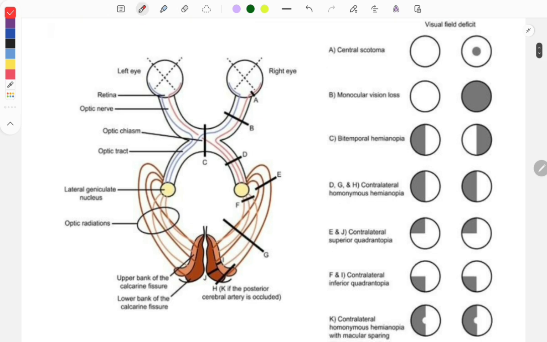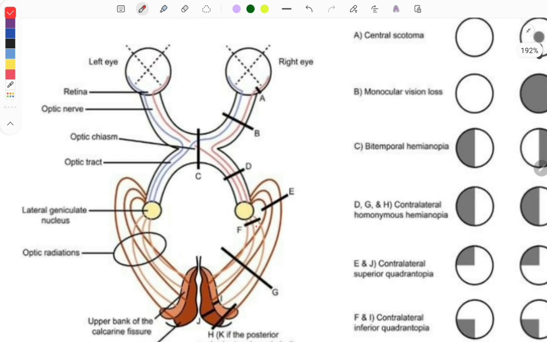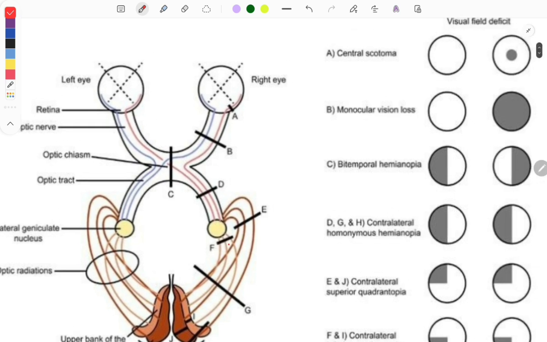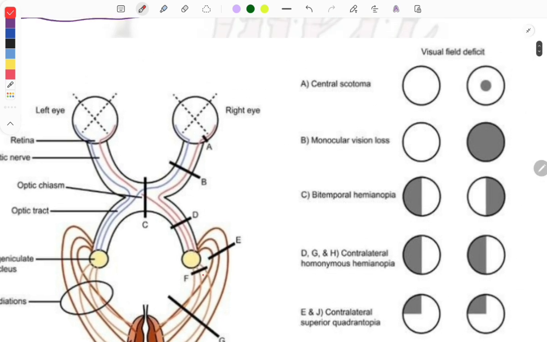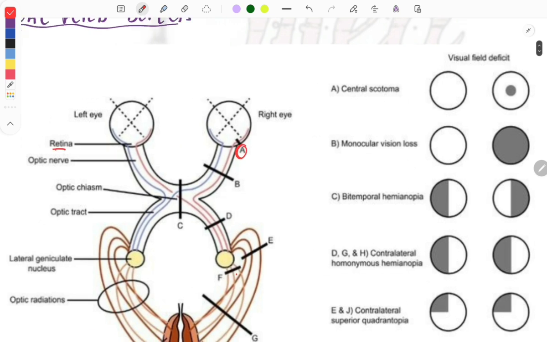So this one is the image. Print this image in your brain, and whenever this image comes, without thinking, you need to recall this image and mark the answer. So see, in this image they have marked the structures, like this one is A, B, C, D, E, F, G, and whenever there is injury to this particular area, we can see a kind of visual field defect. If there is damage to the structure A, which is the retina,